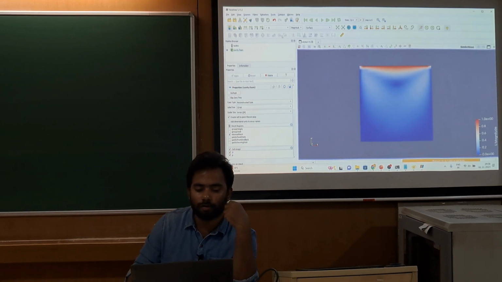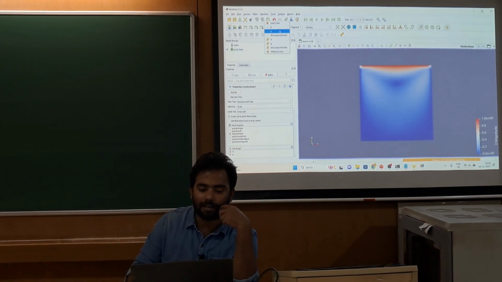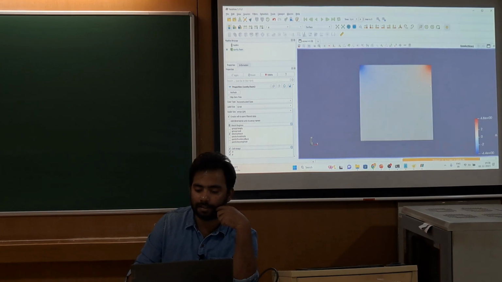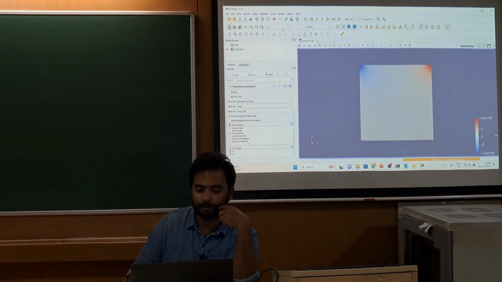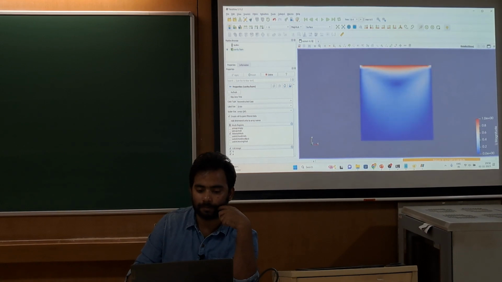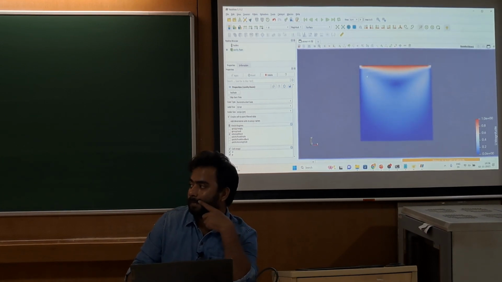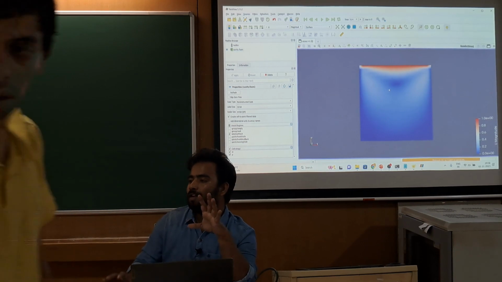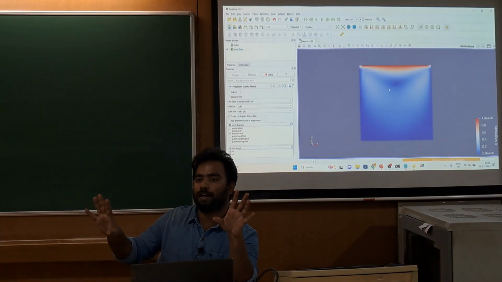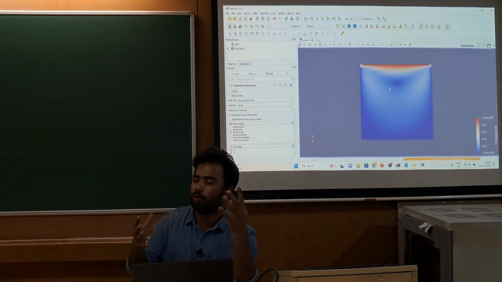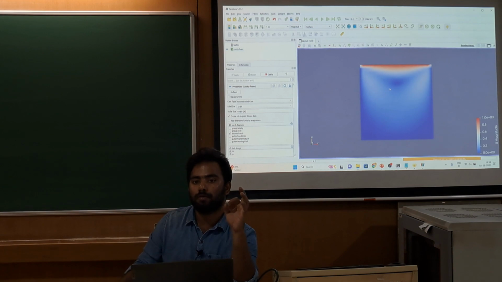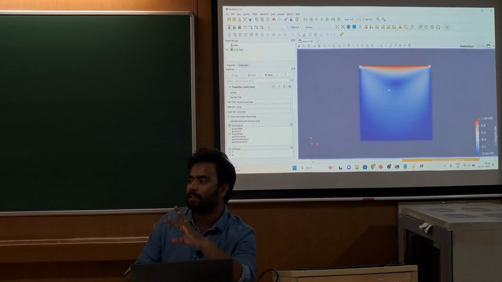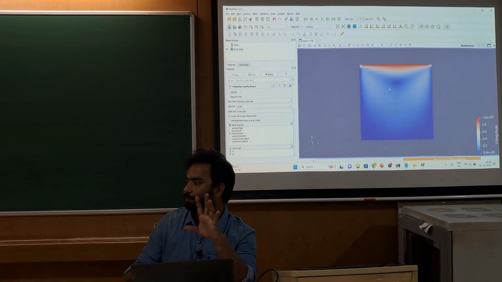So this is the U, and if you want to see different variables like pressure, you can see here. This is the pressure field, this is the velocity field. So we have run just one tutorial from icofoam. Now I am going to explain every directory. What is the zero folder? What is the constant folder? Or what is the system folder?